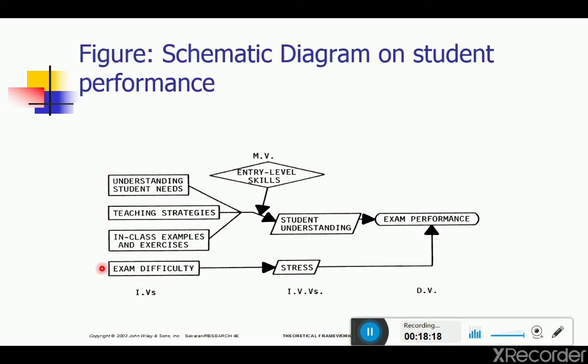These four variables are known as your independent variables. All these independent variables affect the students' performance. In other words, student performance is the dependent variable affected by these 4 independent variables. In between the relation of dependent and independent variables we have some intervening or mediating variables as well: one is student understanding, and the next is stress. So stress and student understanding are the intervening or mediating variables, and entry level skills